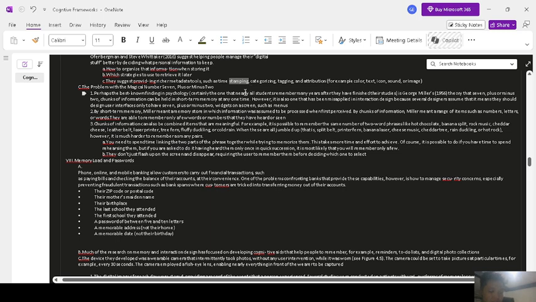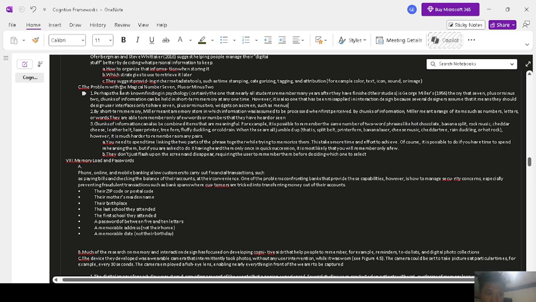This is another tool that allows you to track the time that you created the files, because that helps a lot. And then categorizing, tagging, and attribution, for example, color, text, icon, sound, or image. So you have to experiment, but these are the strategies. You can categorize it using dates, or you can categorize it via its color, text, icon, sound, or image.